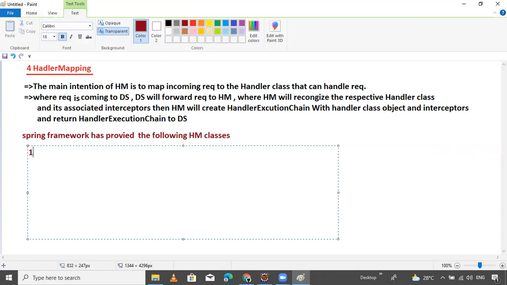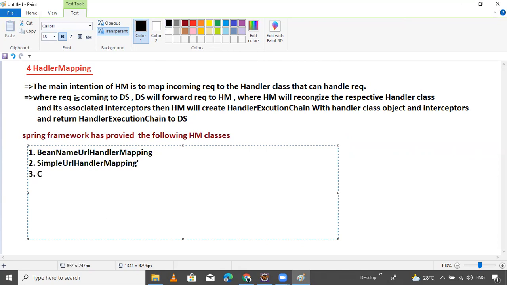The first one, which we use frequently, is BeanNameUrlHandlerMapping. The second one is SimpleUrlHandlerMapping.